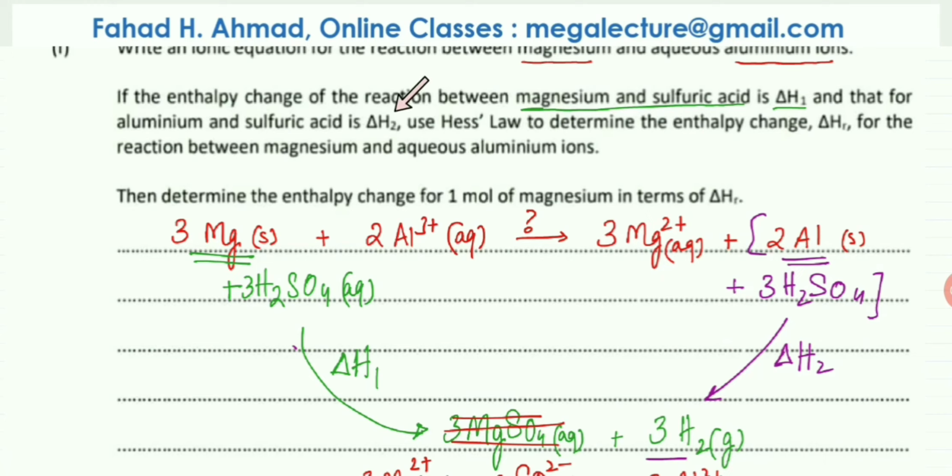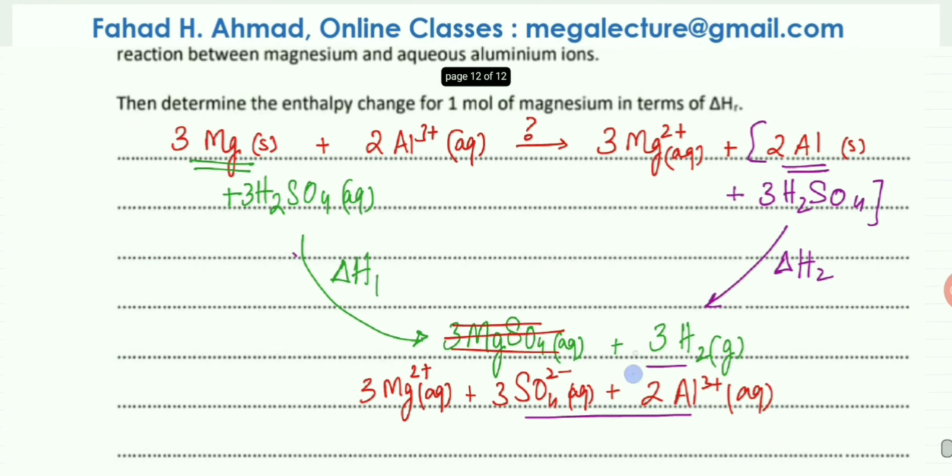Now I have a complete Hess cycle that I've been able to create. I wanted to figure out the enthalpy change for this reaction, and I've been able to figure out a path, an alternate route. The only difference is I'm going to go from here to this point, and then from this point to this point, which means this arrow needs to change direction. So if I change direction, this would be minus delta H2. So my alternate route is going to be this route. It's going to be enthalpy 1 minus enthalpy 2.